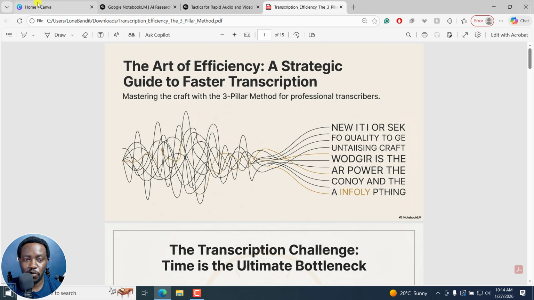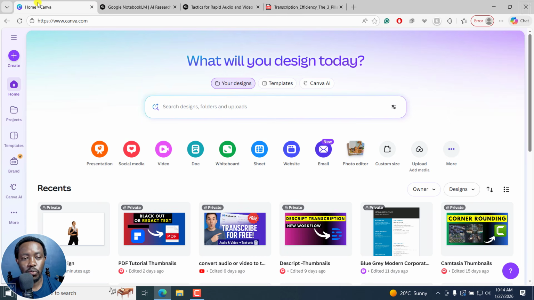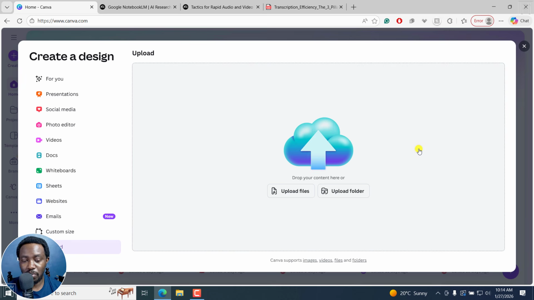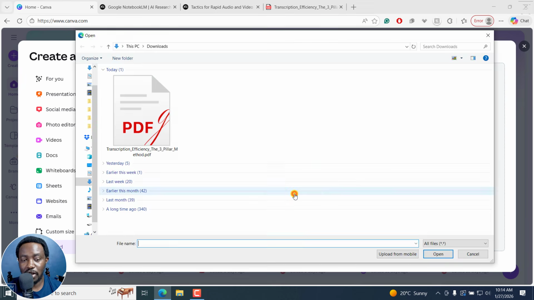So now let's move to Canva right here, and we do have canva.com. As I mentioned initially, this is Canva, the 30-day free trial that gives you the Pro version of it. Now I'll click on upload media. If I click on upload media and then navigate to the folder with the PDF, click on upload files and then select the particular PDF from NotebookLM that I want to convert into Microsoft PowerPoint slides, more or less editable slides. So I'll just click on open